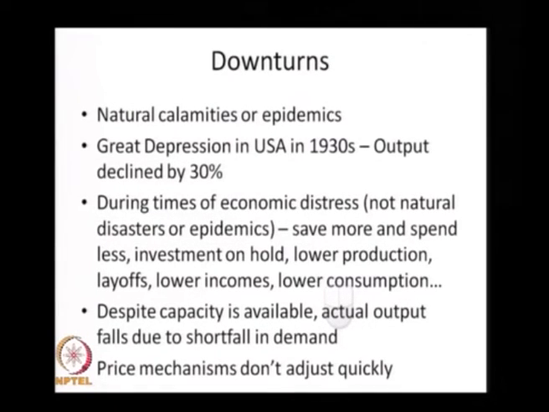Now, such economic downturns can happen because of a number of reasons. One could be natural calamities like war, earthquake or epidemics, which can create a total fall in economic growth, or a general fall in the demand for goods and services. In the US after the war, the Great Depression in the 1930s witnessed the economic output falling